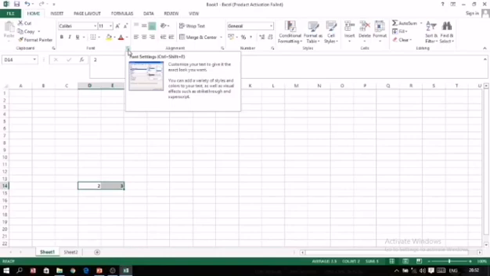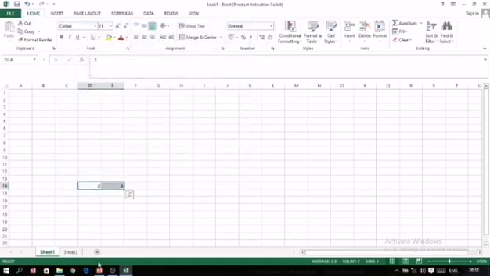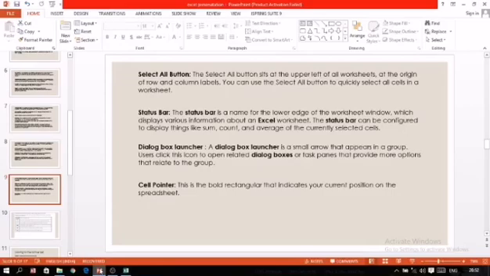As we click on this arrow button, the font dialog box appears on the screen. Actually it is the format cells dialog box, but the font tab is displayed here. With its help we can apply different types of formatting. This is the use of the dialog box launcher.